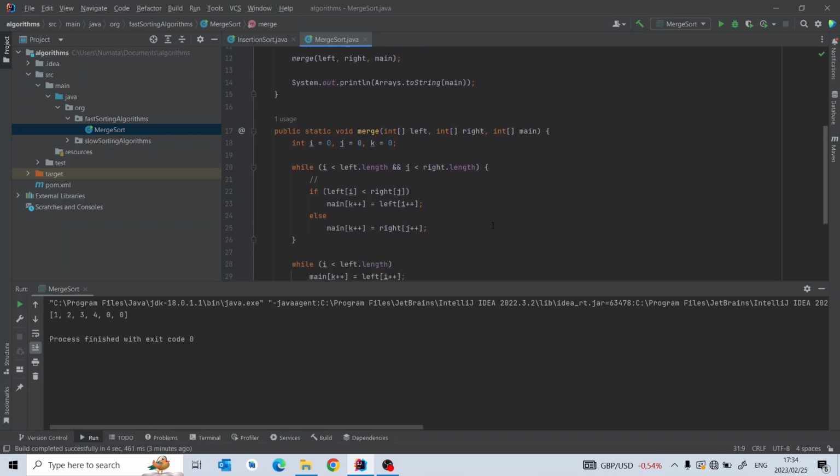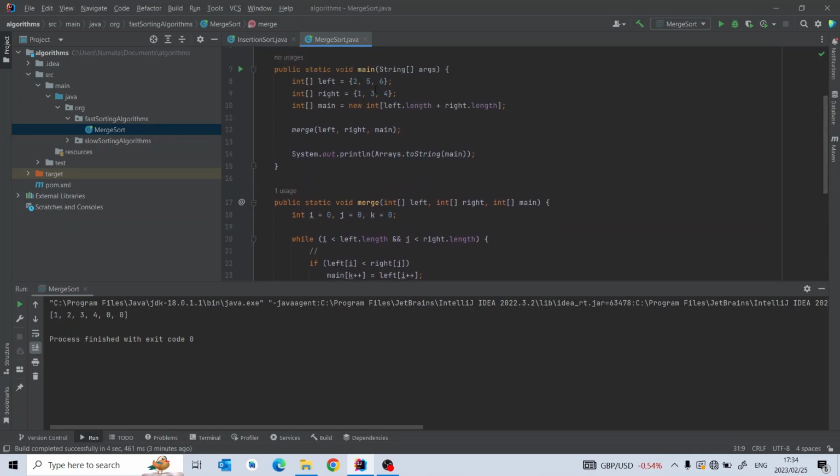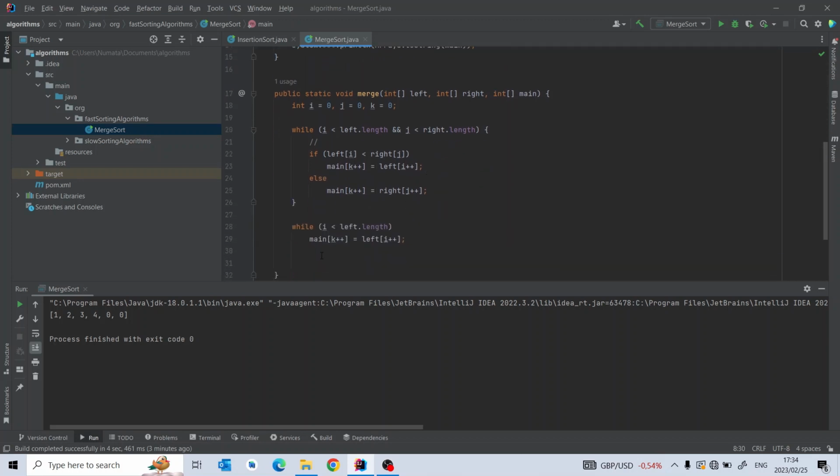We're saying now we have an excess value here in the left. How many other excess values are there? It's 2 here. If there were 5, we'd loop through all of them, right? So we have 2 excess values left, and we're just going to add them to this array. We can also do the same for j